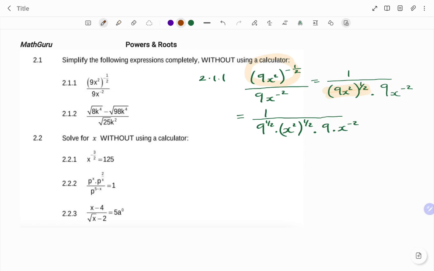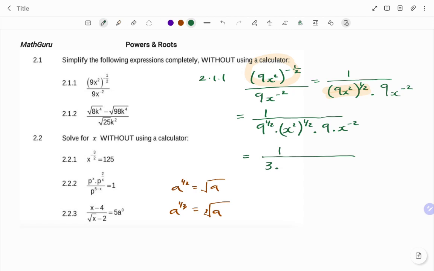When I have a to the power of half, if I want to write it in root form or surd form, index to surd, that will be root of a. If I have a to the power of 1 over 3, that will be the third root of a, and so on. So therefore, changing 9 to the power of half is the same thing as the square root of 9, which is 3. Then the power to power, x squared to the power of half,